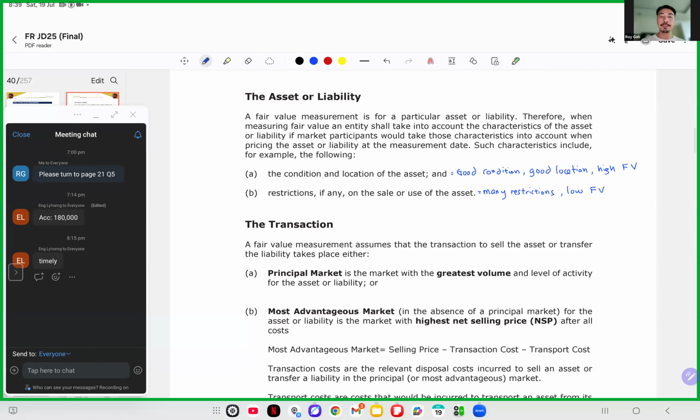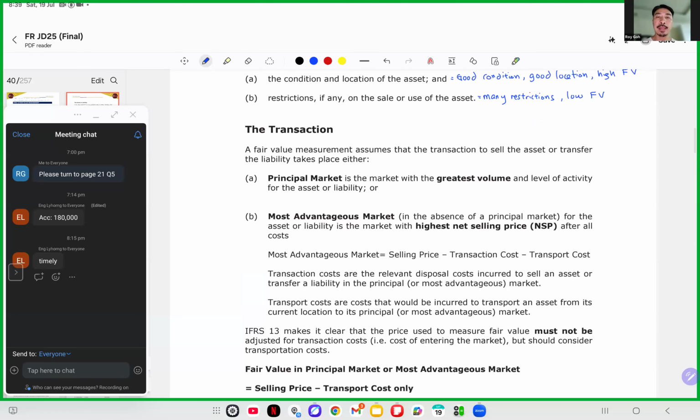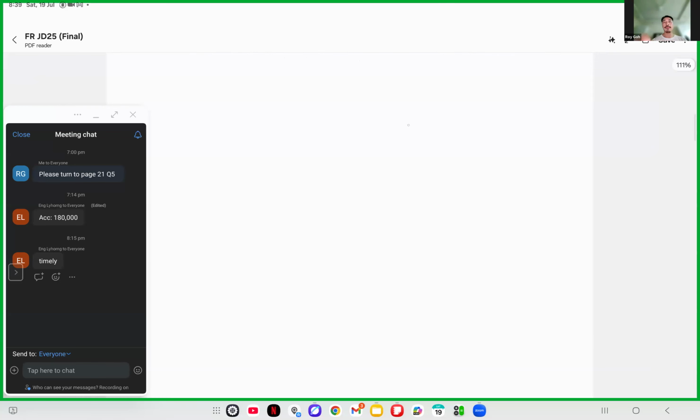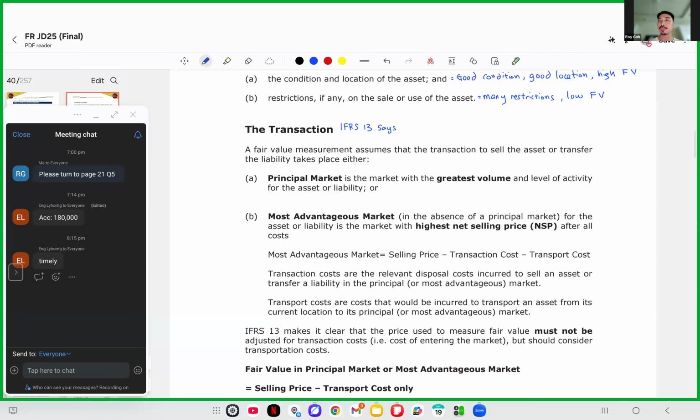Now, the transaction must take place at the market. Now remember, IFRS 13, fair value, this standard. What does it say? It says the fair value